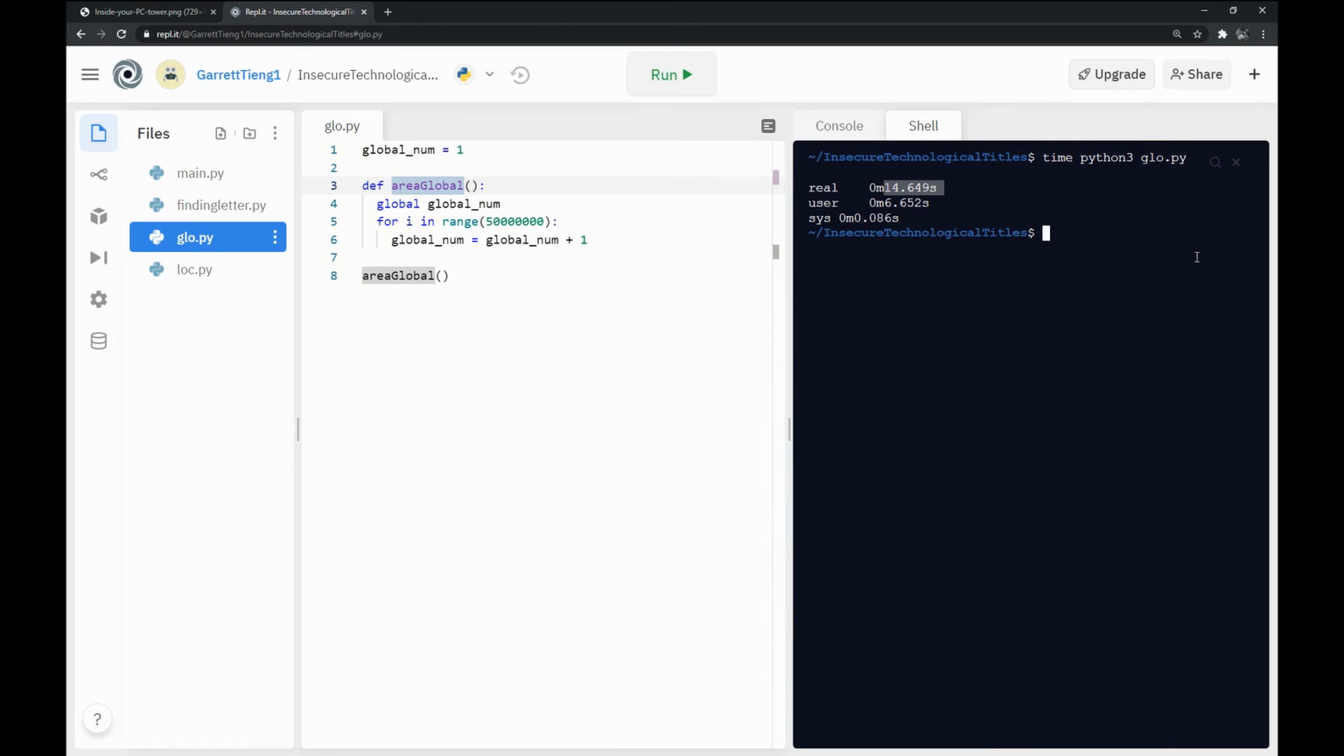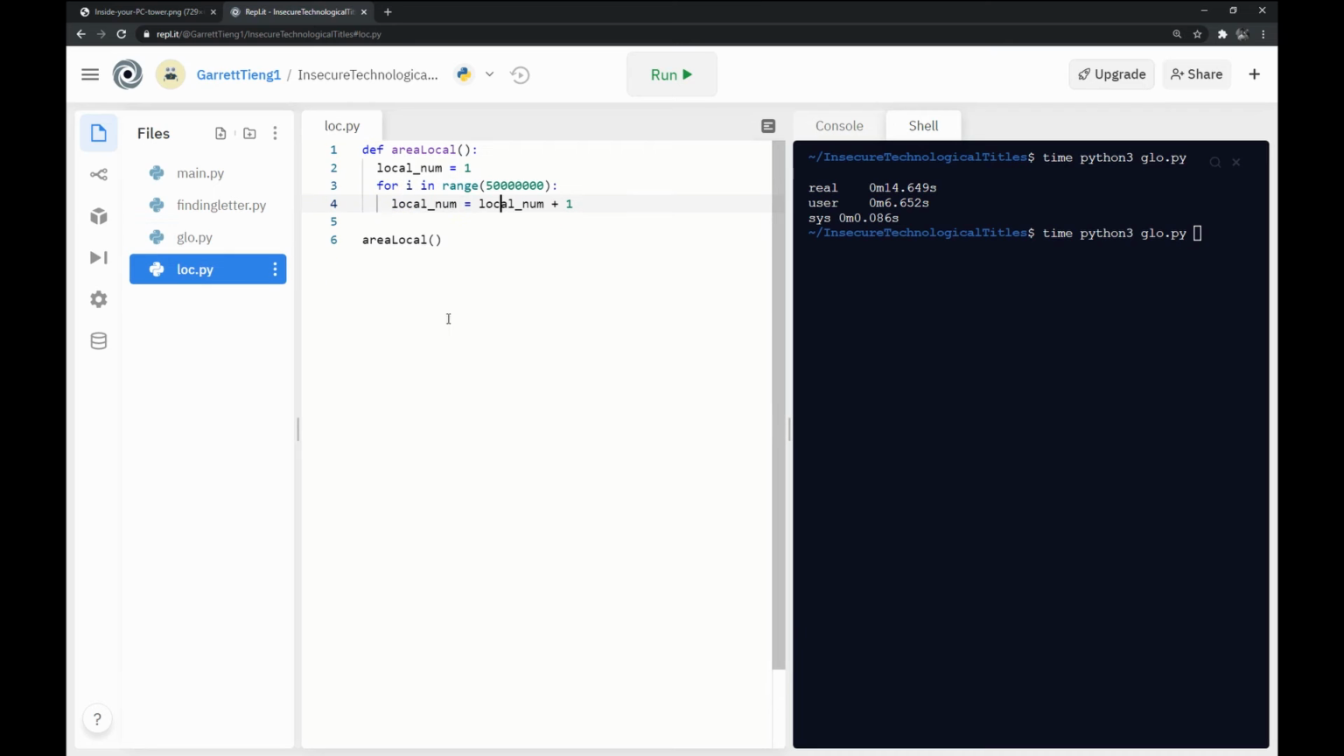We're going to do the same thing, except we're going to use the local version of the code. Remember, the operation they're doing here is exactly the same. All that we're changing is how it's accessing that variable, whether it's local or global. So let's run this again. And now it's completed running, and you can see it's taken 4 seconds off our execution time. These two programs are doing the exact same thing. They're adding 1, 50 million times, but this one took 4 seconds less because it uses a local variable